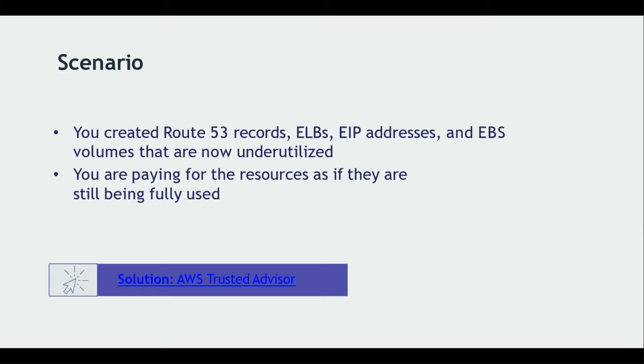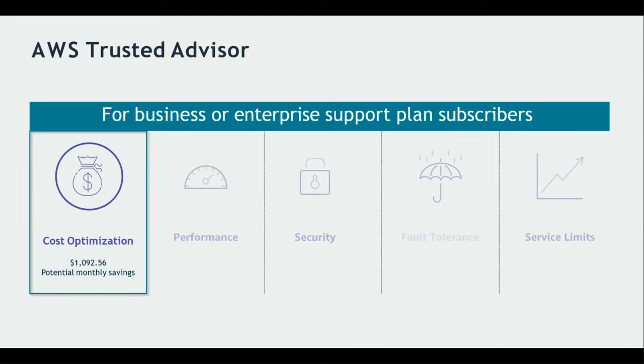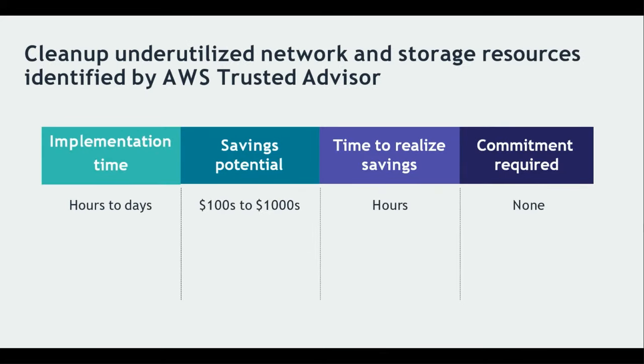Let's suppose you have created an Elastic IP, which is a network component, but you are not utilizing it, and you are still paying for that, right? So how can you stop this? You can use AWS Trusted Advisor, which will help you understand which idle resources are not in use and that you are still paying for. You can understand this in hours,